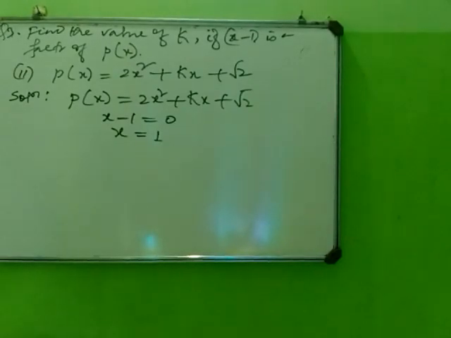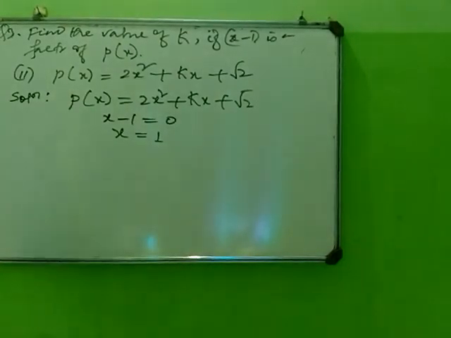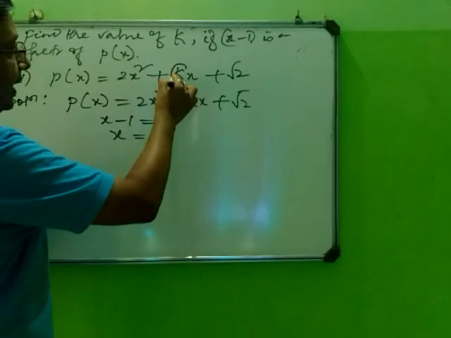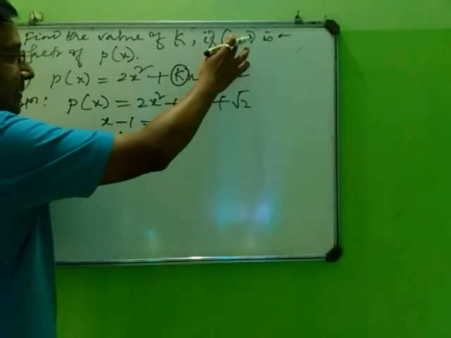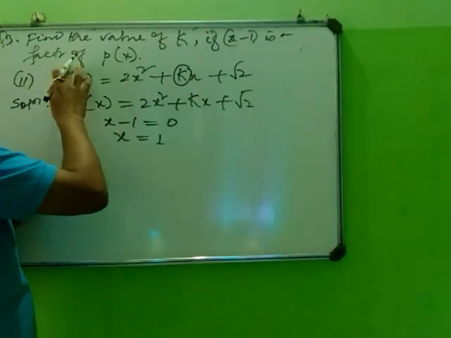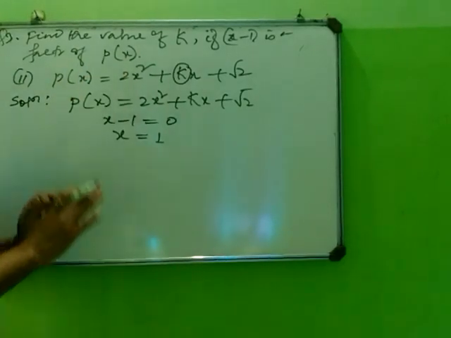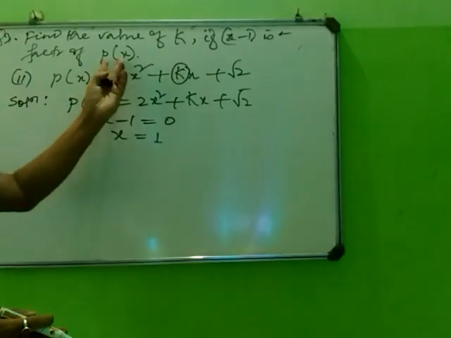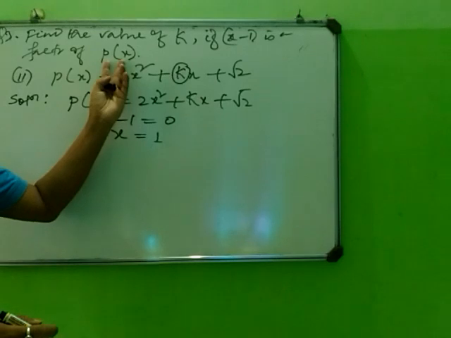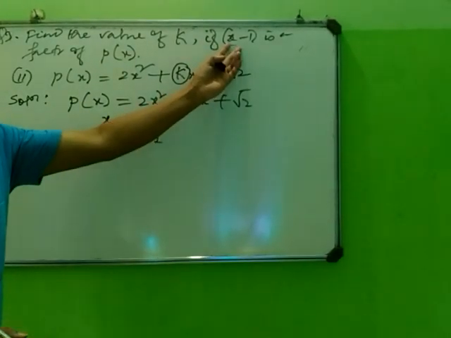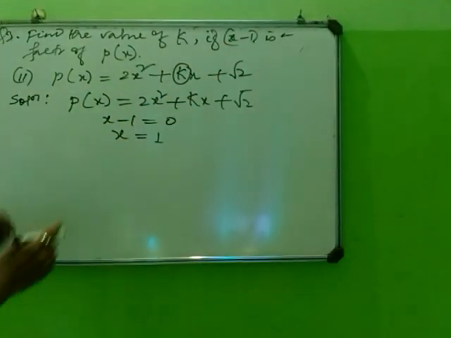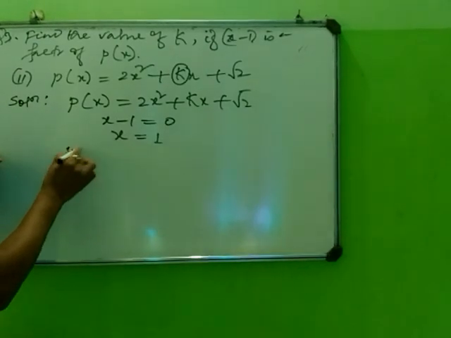Now you want to find this value of k if x minus 1 is a factor of p of x. That means p of x is exactly divisible by x minus 1, which means the remainder is 0. So now by the factor theorem,